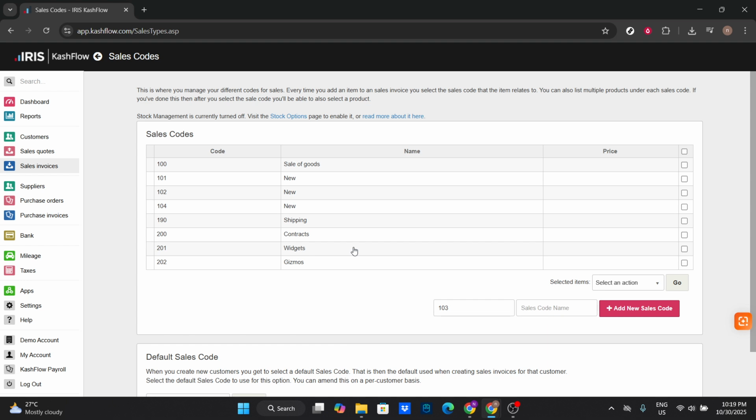Now it's time to define your new sales code. This will include providing a name and entering a unique sales code. Make sure the name reflects the purpose of the category clearly. For instance, if it's a new product line or a unique expense type, name it accordingly. Keeping everything descriptive and concise helps avoid confusion later on. Once the new sales code is created, click